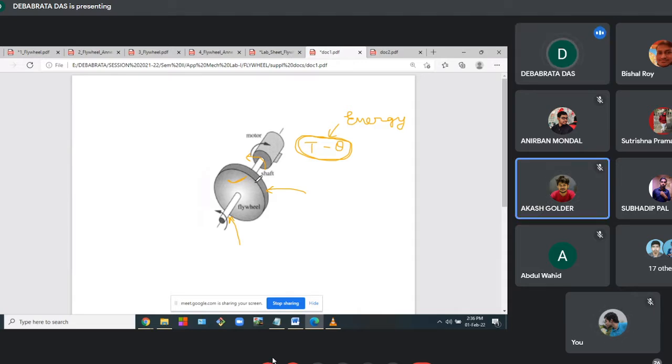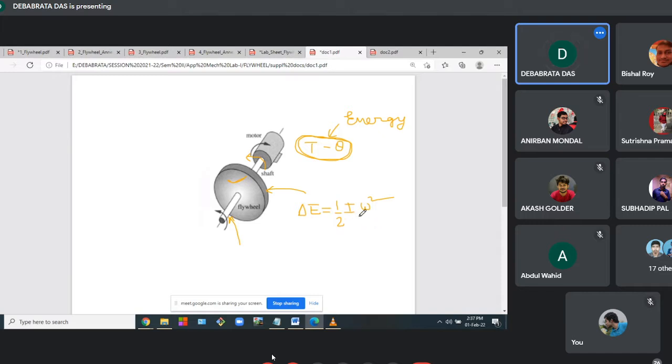Without that body. So if you are applying certain energy, say by providing torque over certain radians, you are providing certain energy. And for a rotational system, I can write that energy as half into I into omega square. So initially omega 0, and finally with the application of this energy, the final omega that it is getting is this.